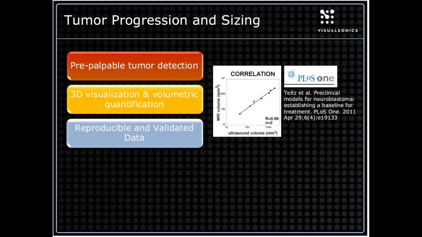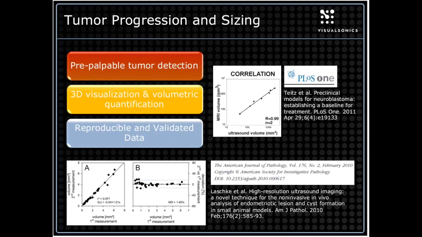And with this publication from 2011, Theis et al. looked at three-dimensional images from the ultrasound and correlated this data with images derived from an MRI. And it's very clear to see that you have a very nice linear correlation. And on top of that linear correlation, if you have 1 cubic millimeter on an ultrasound image, you have the same on the MRI. So a nice validation for either imaging modality. In addition to that,